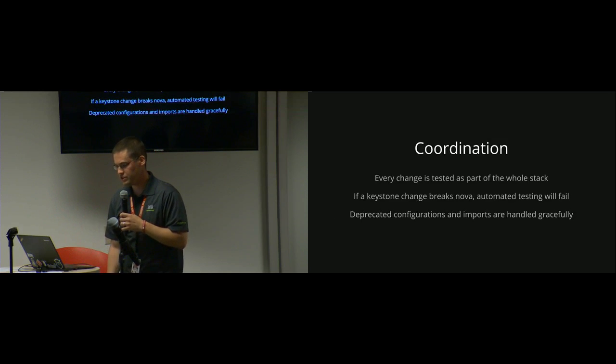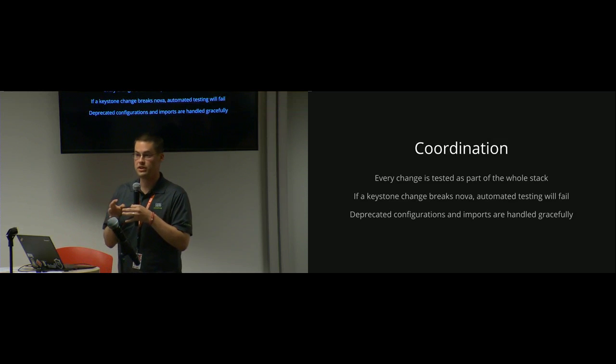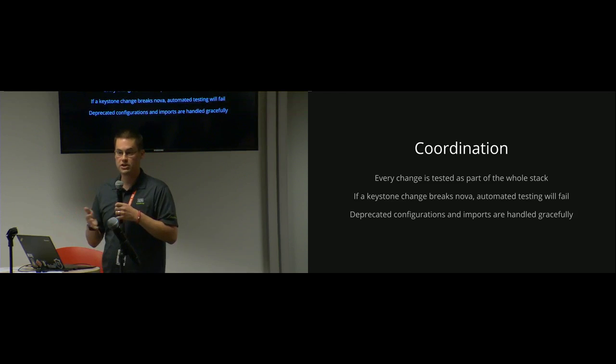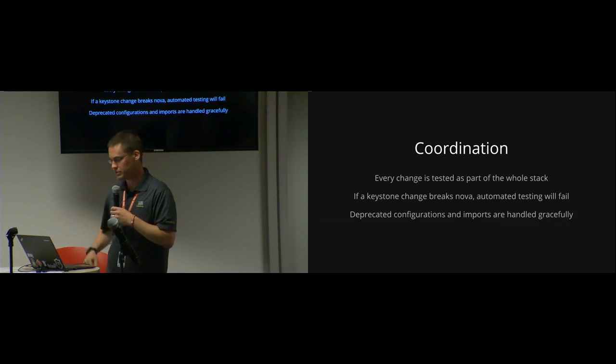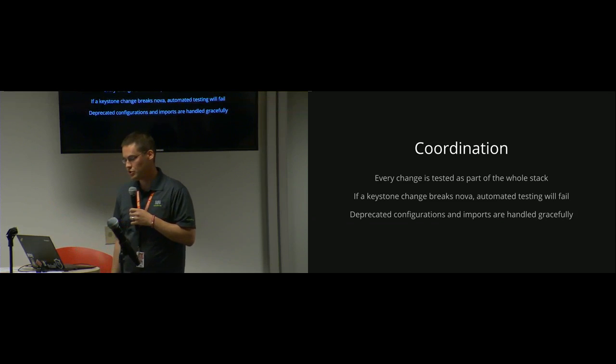And then the coordination. So when we talk about coordination, we're talking about within OpenStack-Ansible itself. So we make sure that Keystone and Nova work. We make sure that Nova and Neutron work. We make sure all three of those work. Then we pile in extra services like Swift, Heat, you name it, and we test them all together. So every time one of us proposes a change, it actually goes through all the tests and makes sure that your change to Keystone didn't break some really odd query that Neutron makes to Keystone for setting up a network or something like that.